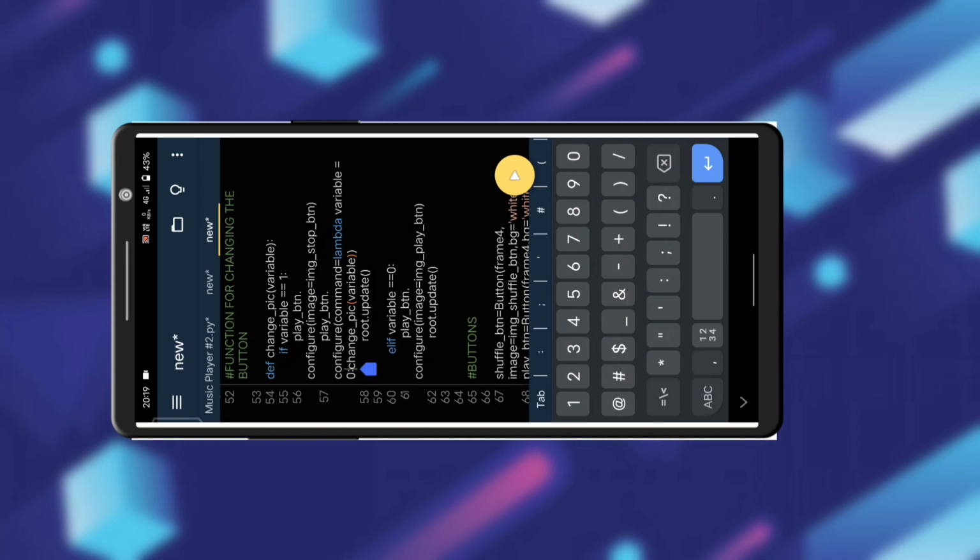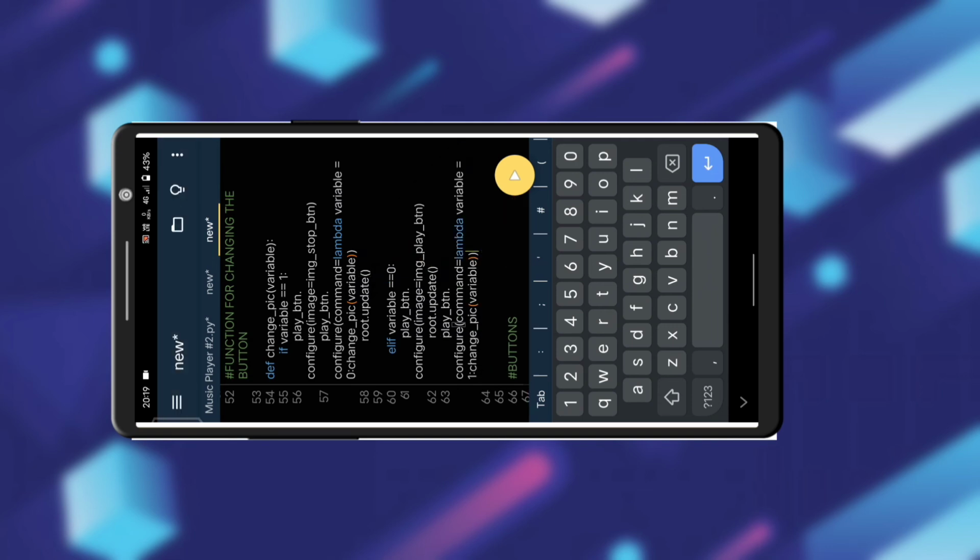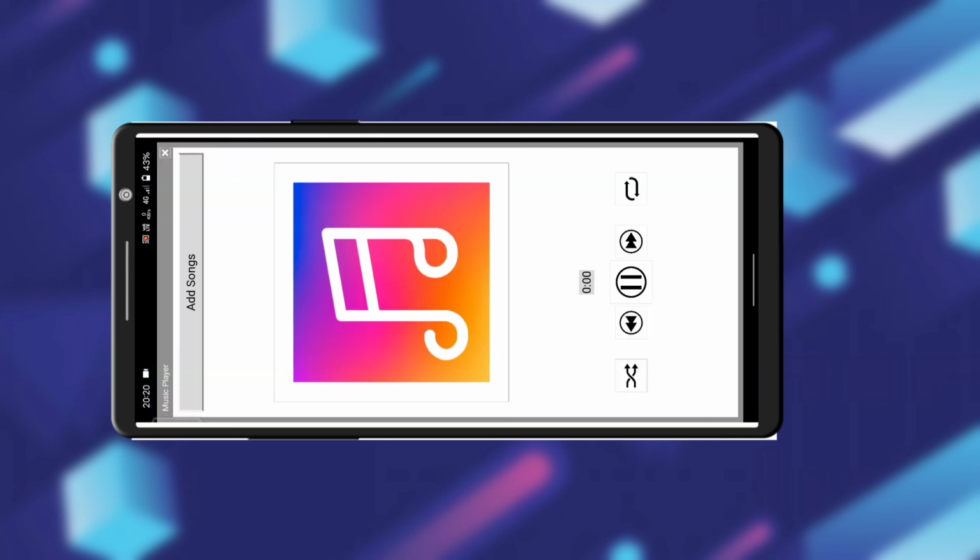So let me change it to 0, which means that when the variable value is 1, this statement will get executed and change the variable value to 0. So the next time it gets executed, it will execute the elif statement. So let me do the same for it, and here when the variable value is 0 and the elif statement gets executed, then it will change the variable value to 1, and then this loop will continue till the end.